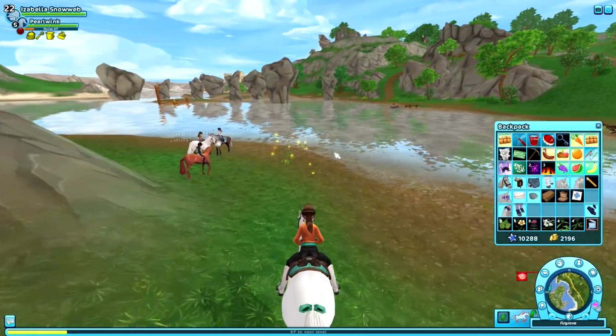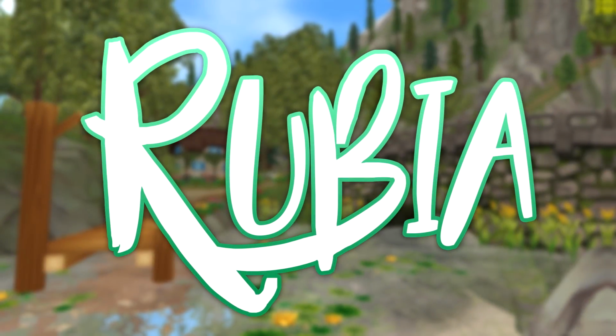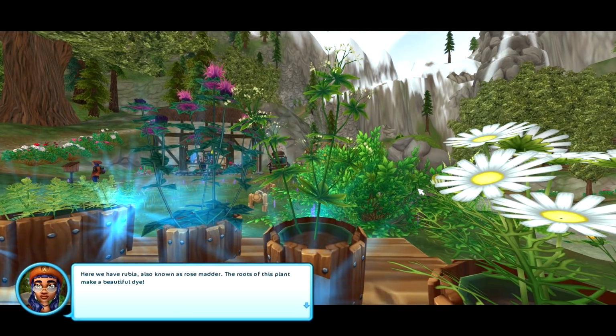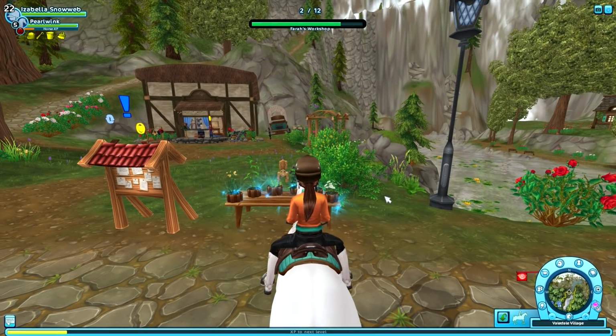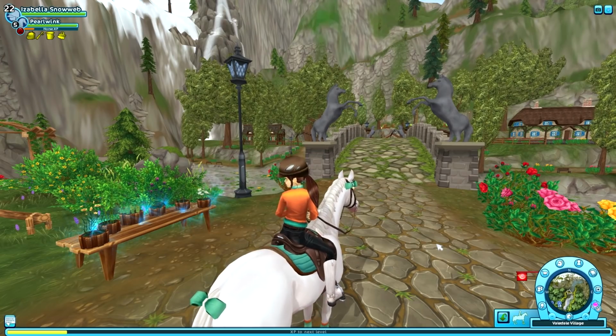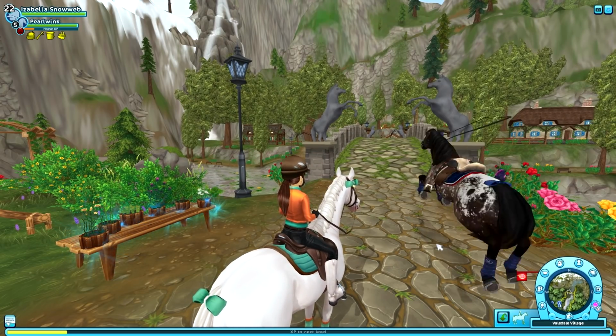And then now, moving on to our next plant, Rubia. As for Rubia, Farah actually didn't explain where Rubia is found, but in my personal experience, Rubia is found around the Fairgrove Mountain Passing. I've also found some Rubia on my way to the observatory, so Rubia is mainly found